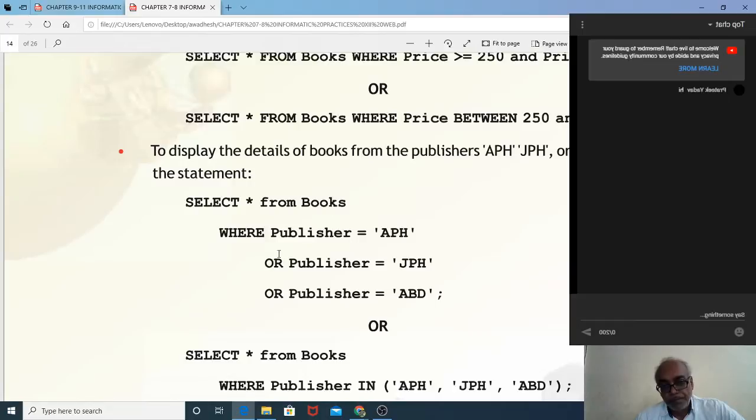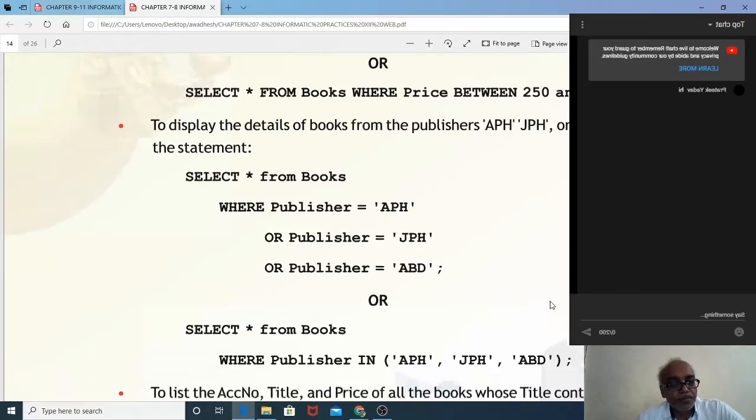These are logical operators. We also have relational operators. What is meant by relational operators? Greater than equal to, less than equal to, these are all relational operators, and and, or, and not are the logical operators. They will give you true or false values.